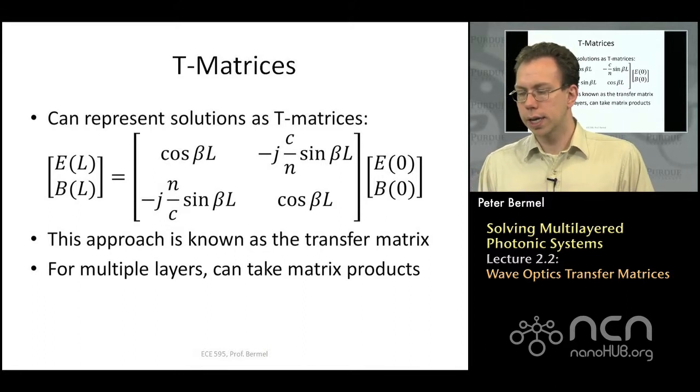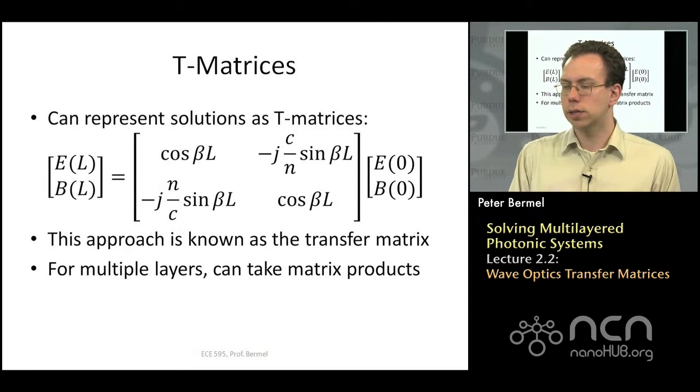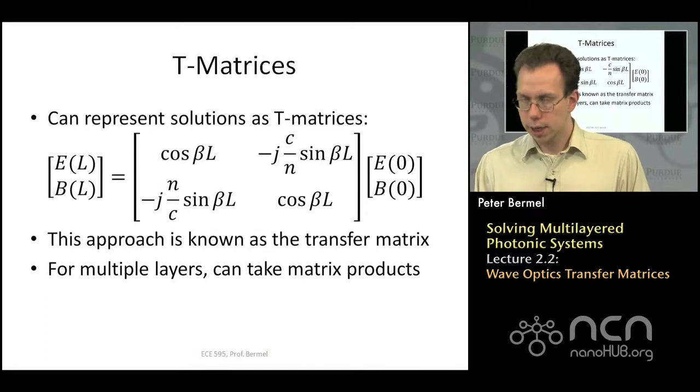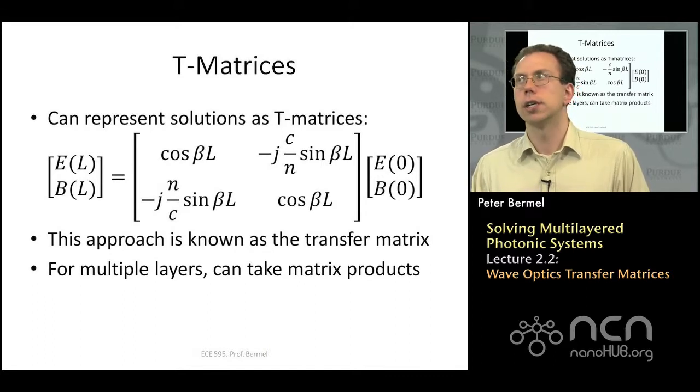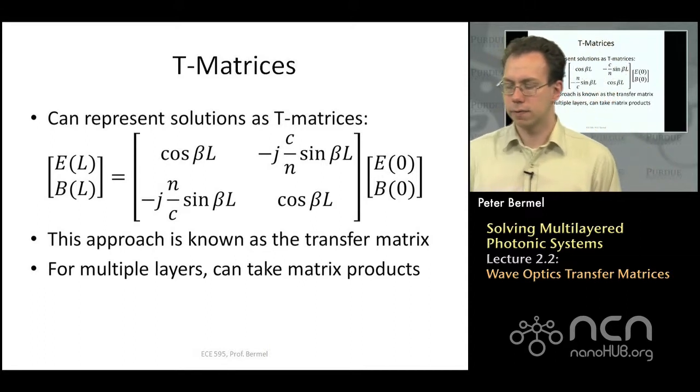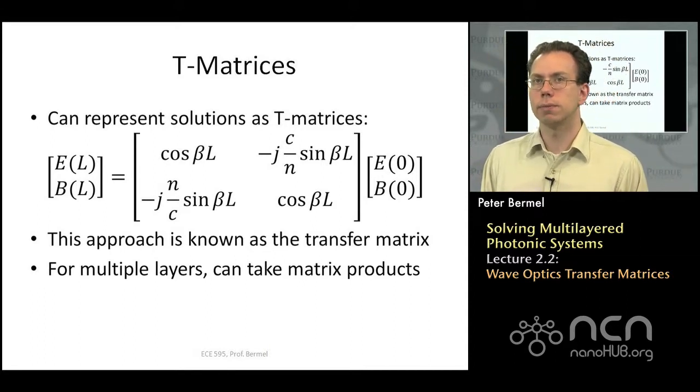And so as long as the number of cycles is fairly limited, in other words, beta L is on the order of, say, several times 2 pi or less for plausible lengths in the system, then you can expect that the phase factors will make a big difference. On the other hand, if beta L was extremely large, like let's say it was 10 million, then the interference peaks are going to be so close together because beta is proportional to frequency that you won't even be able to notice the impact of the phase variation,